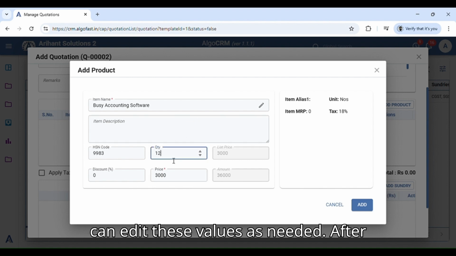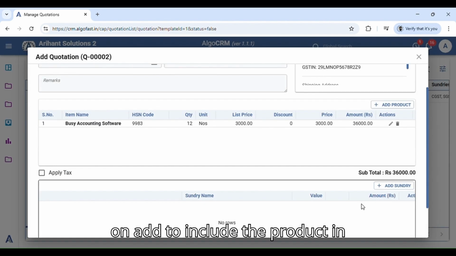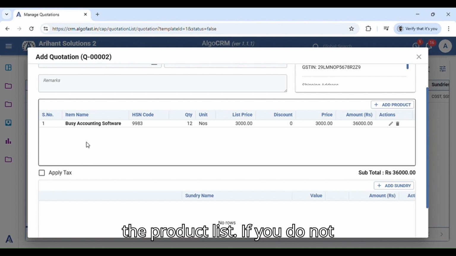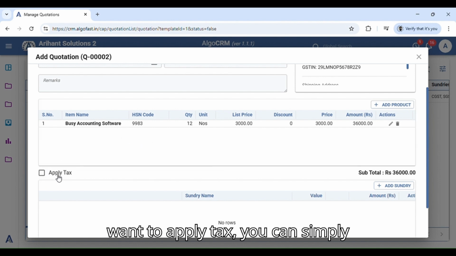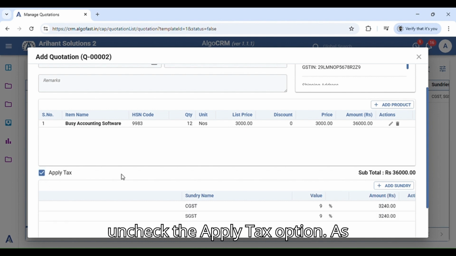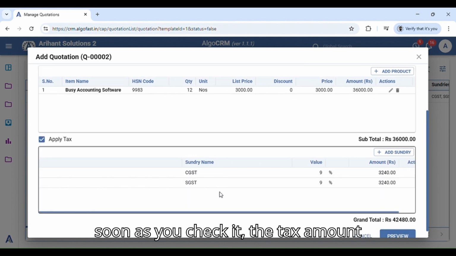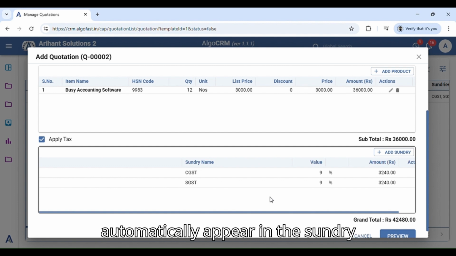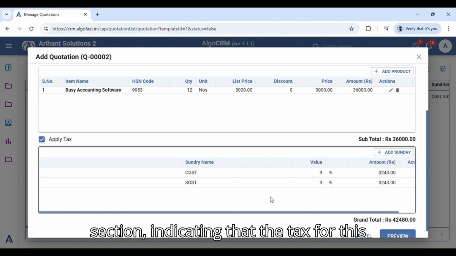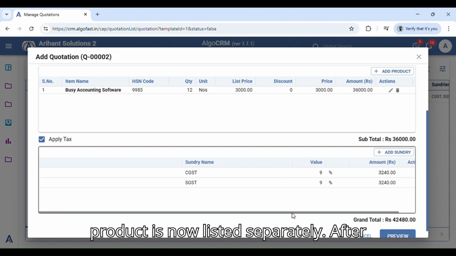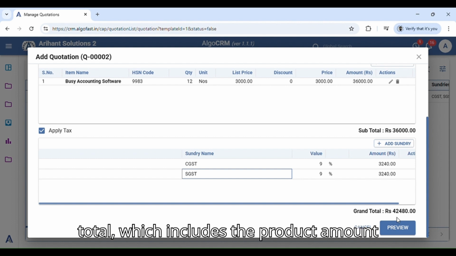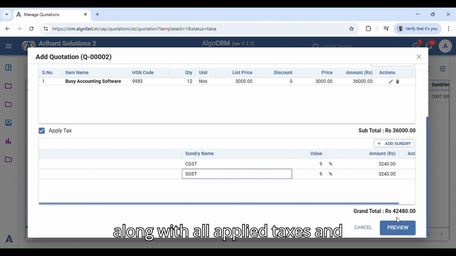If you want, you can edit these values as needed. After verifying all the details, I am clicking on Add to include the product in the product list. If you do not want to apply tax, you can simply uncheck the Apply Tax option. As soon as you check it, the tax amount related to that product will automatically appear in the Sundry section, indicating that the tax for this product is now listed separately. After that, the system will show the grand total, which includes the product amount along with all applied taxes and